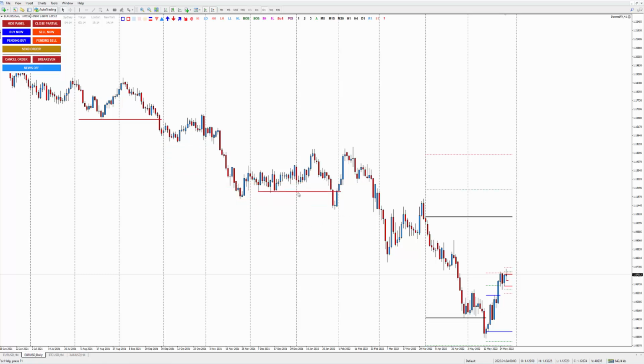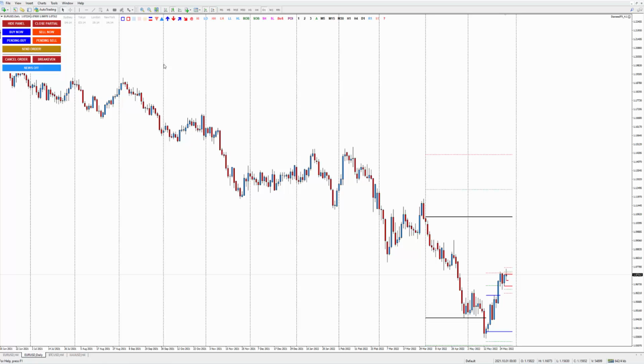Regardless of whether you choose this one, this one, or this one, in the end it breaks the low. So we know the market is going to go lower until it starts breaking the highs, and then the market will go higher, right? It's as simple as that. So you do not want to confuse yourself, because people can have different opinions between the highs and the lows, and the main structure and also the minor structure.